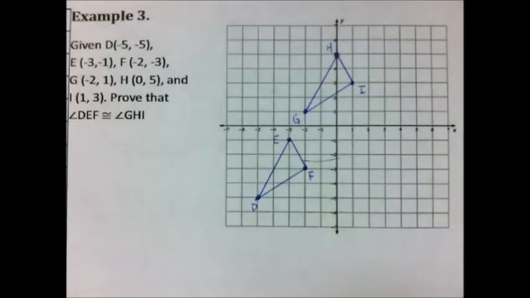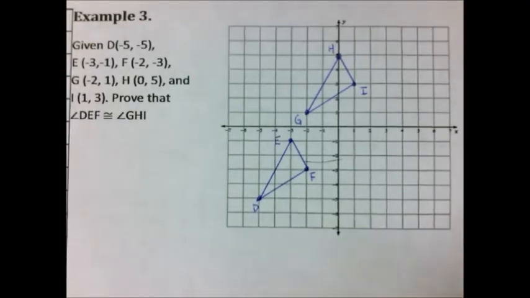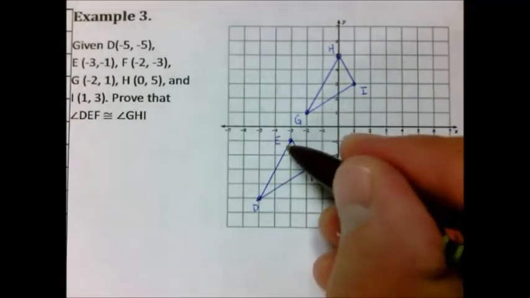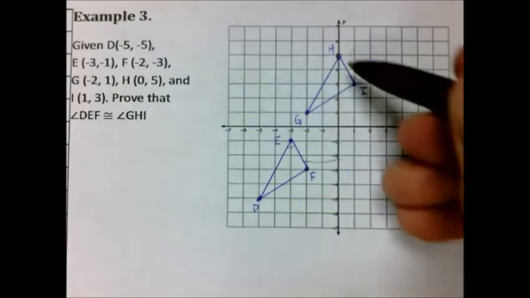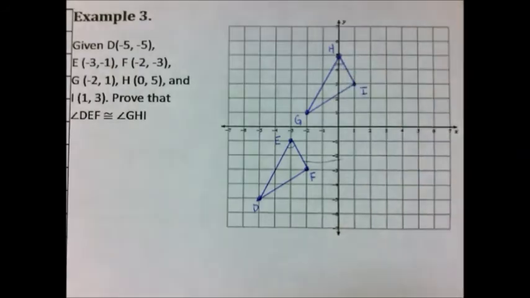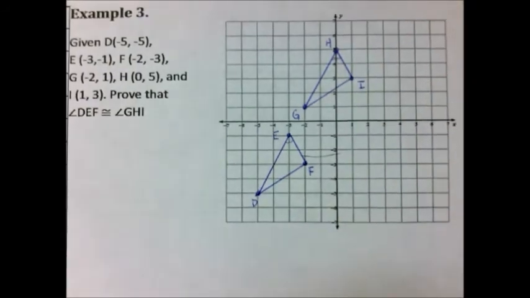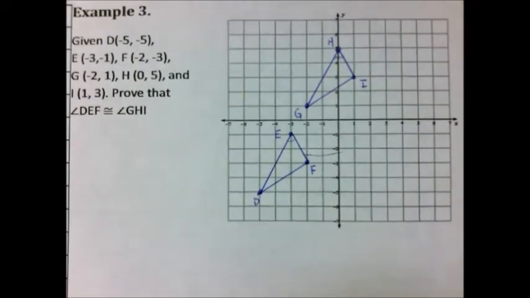All right, so I went ahead and plotted those points on the graph, and you see I've got these two lovely triangles that we built. And remember, we're trying to prove that angle DEF, this angle right here, is congruent to angle GHI, this angle right up here. When we're given two triangles in the coordinate plane, the easiest way to figure out if they are congruent triangles is to find the distance of each side,